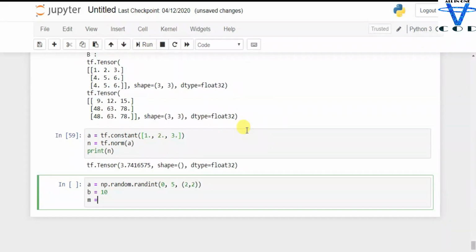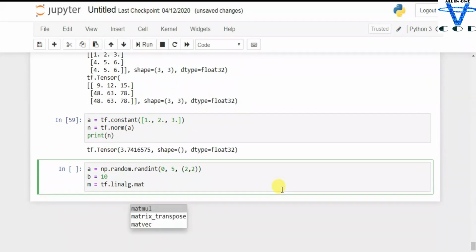Let's try m equal to tf.matrix solve. This is not it. Okay, there is no function like matrix solve. We are gonna use linalg.matrix_solve. Okay, there is no function like that either, so there is a function tf.linalg.solve. You can see this is the matrix solve function, but the name is changed into solve.